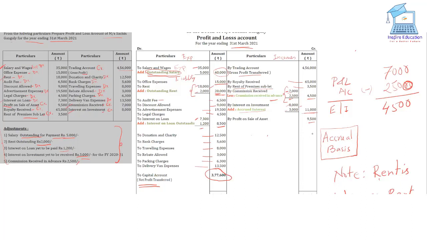So up to this much, this is the adjustment. I hope that this kind of questions or little bit easier questions will be asked. So you can practice a few more questions of profit and loss account, and after that I'll be moving to balance sheet. In this portion, is anyone having any question? If there is any question, you can ask, no problem. You just take 2 minutes, go through this problem and solution.